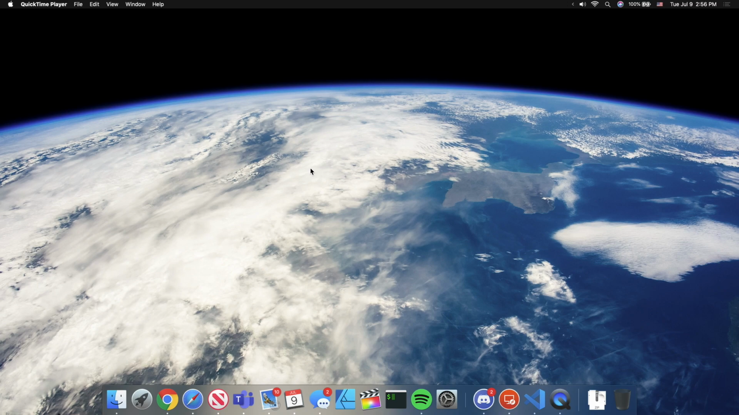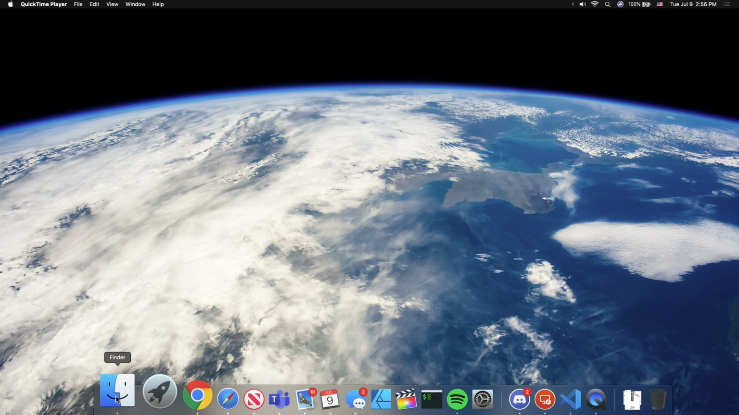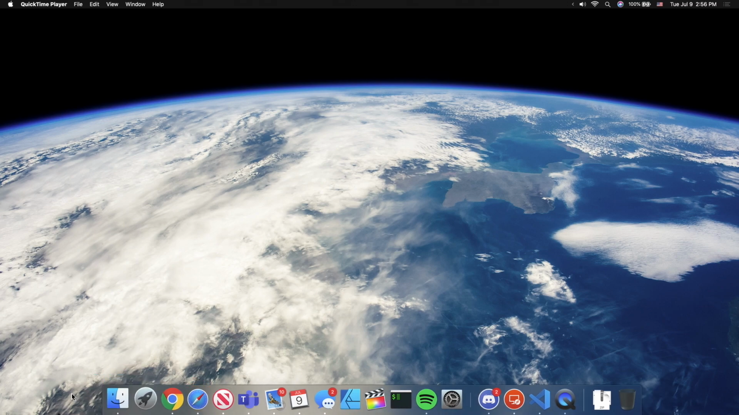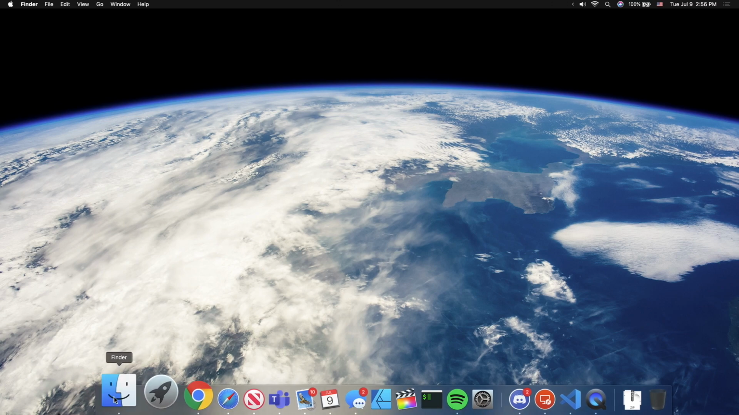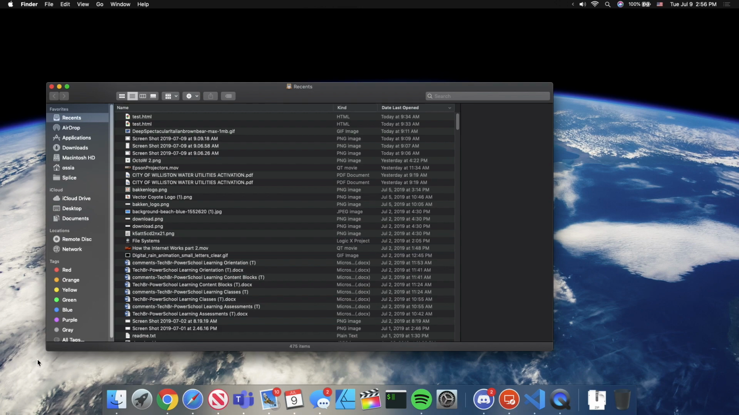And I guess also if you just aren't familiar with the macOS file structure, it might be beneficial to know a little bit more about how the macOS file structure works. So first things first, we're going to open up Finder, and that's that smiley little guy over on the left side of the dock. When we click on it,